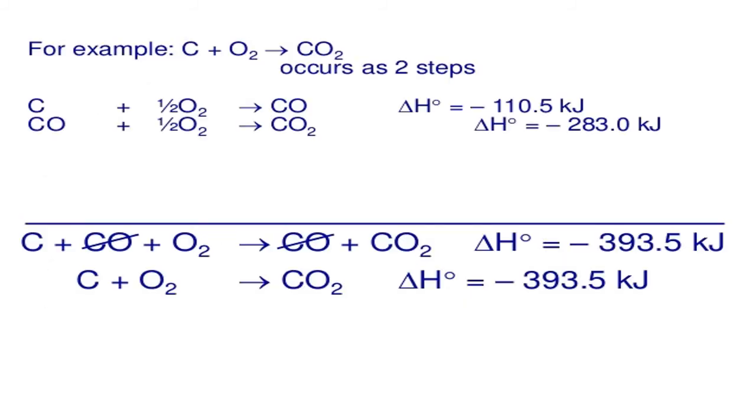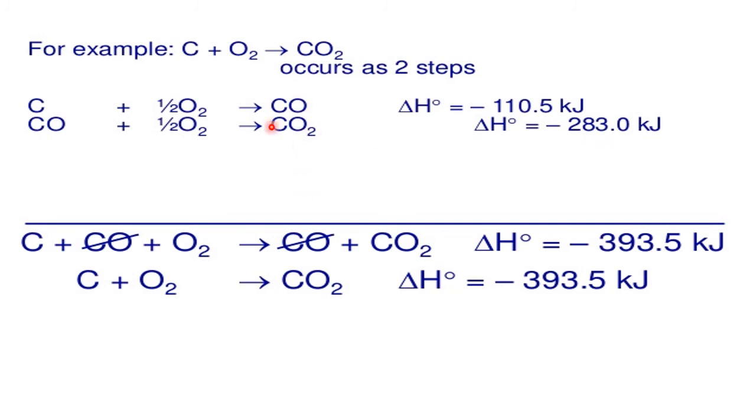Okay, right. One more example. Combination of carbon and oxygen to give carbon dioxide, whether it occurs in a single step or in two steps. If it is carried out in a single step, what is the enthalpy of the reaction? It is minus 393.5 kilojoules. Now let us carry out in two steps. Step number one: carbon reacts with half O2 to give carbon monoxide. Then the formed carbon monoxide will react with half O2 to give carbon dioxide. For this reaction delta H is minus 110.5, whereas for this reaction it is minus 283.0 kilojoules.